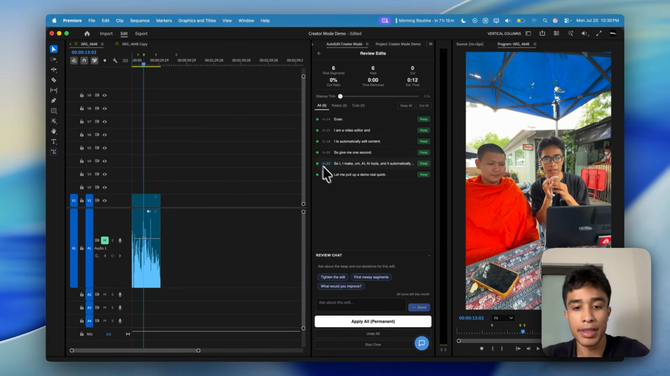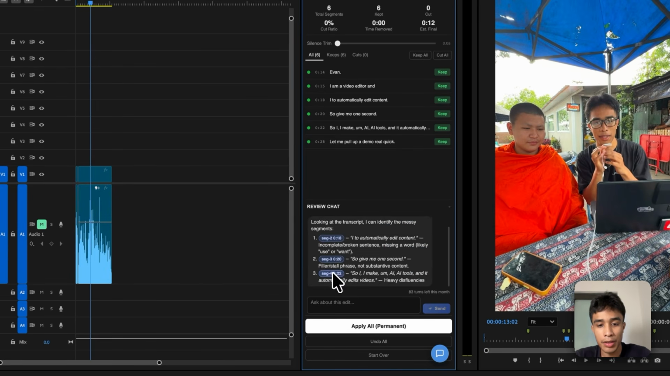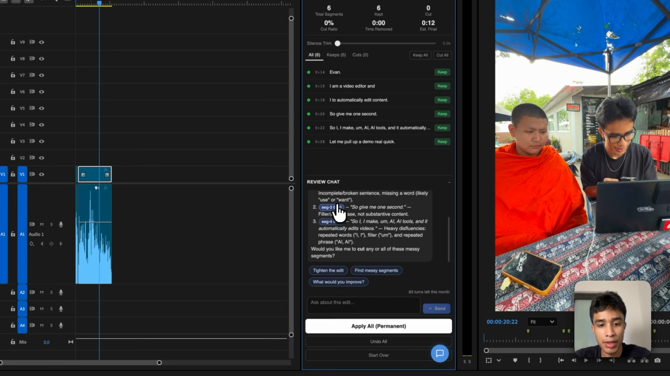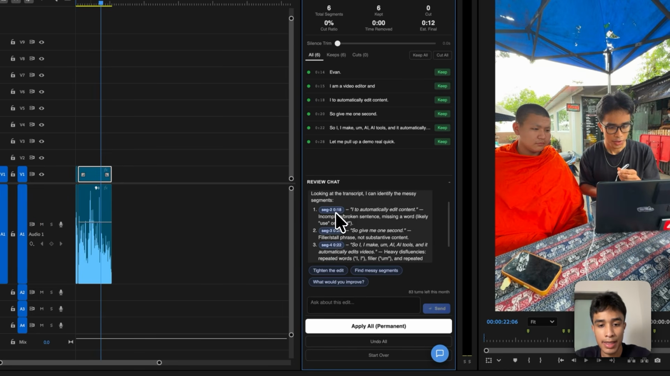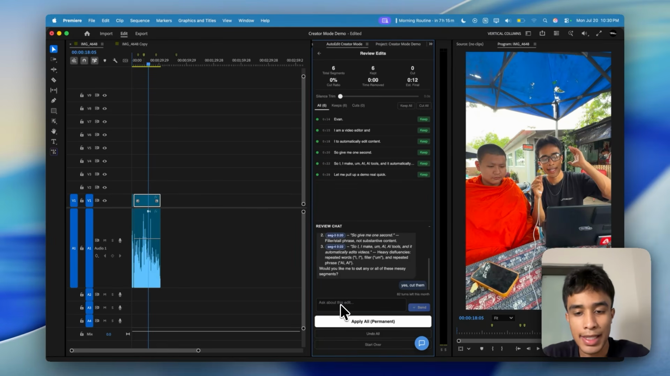This is a really short one, but you can see, I can say, find the messy segments, and then it's going to load, and it's going to find them for me. It'll give me the exact timestamps too, and it'll jump to those timestamps. And I'll be like, okay, cool. It says, would you like me to cut out all these messy segments for you? Yes, cut them. And then I hit send, and then it automatically does that edit for me,